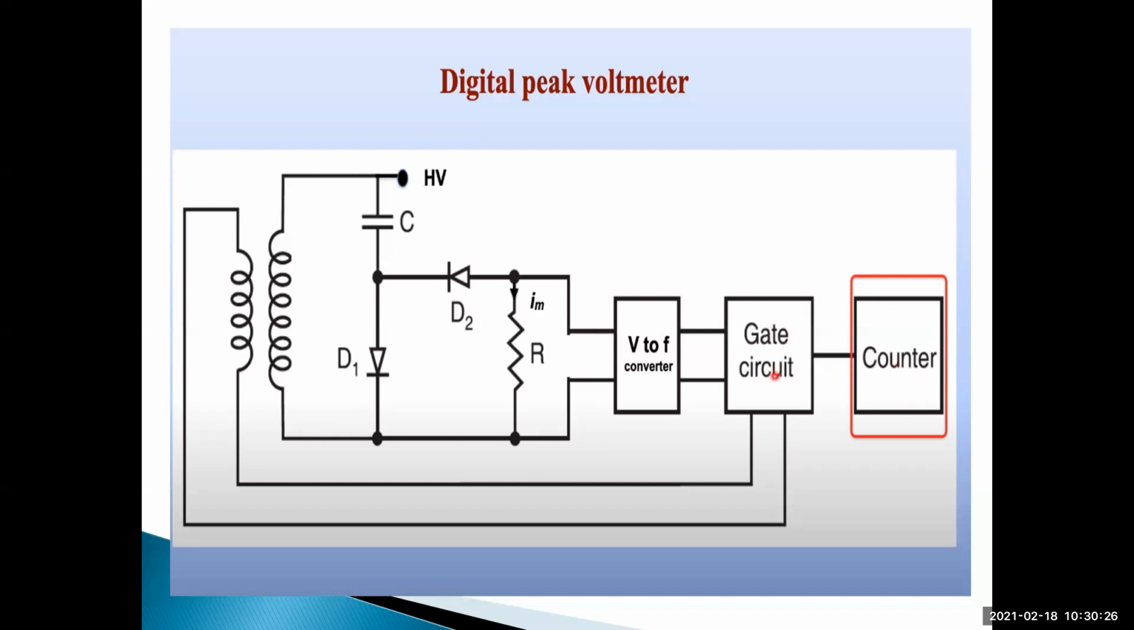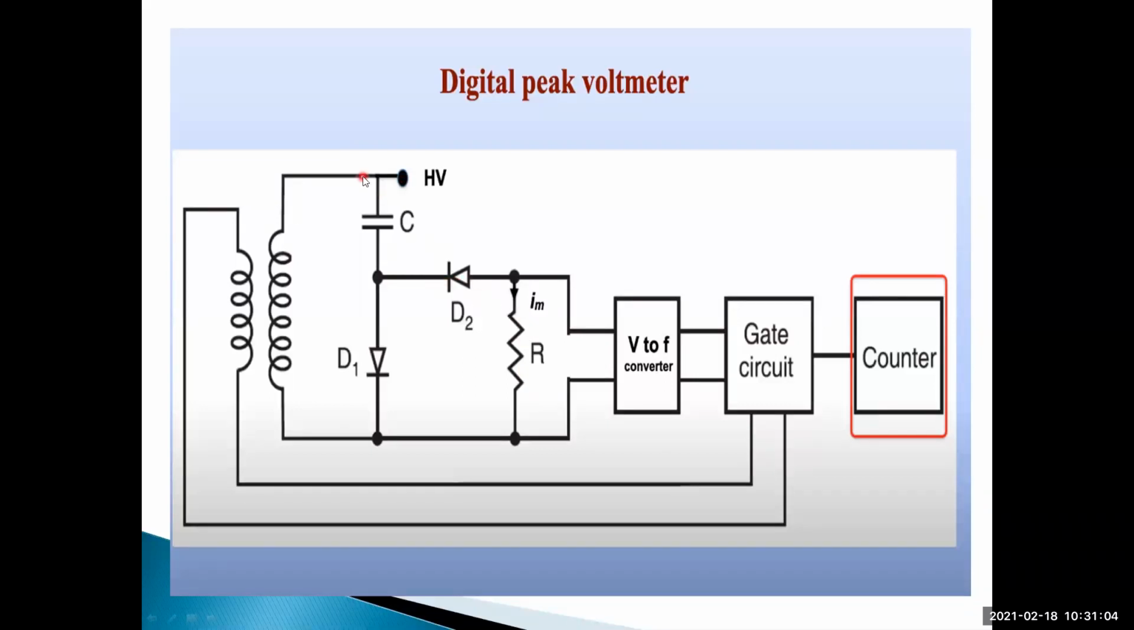From the gate circuit, you will get signals, and based on that the counter will count the clock pulses. The gate circuit generates the clock pulses, and based on that the counter counts the number of clock pulses. The high voltage terminal is connected to the capacitor through diode D2, which is connected to the resistor R. So during the negative half cycle, the diode D2 conducts